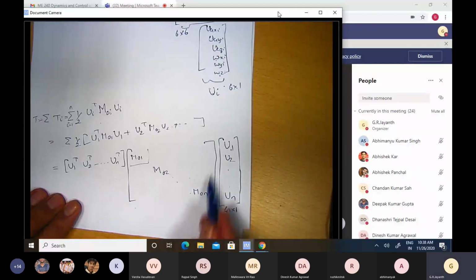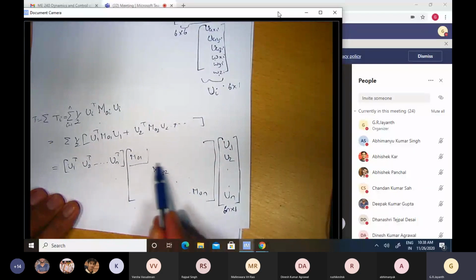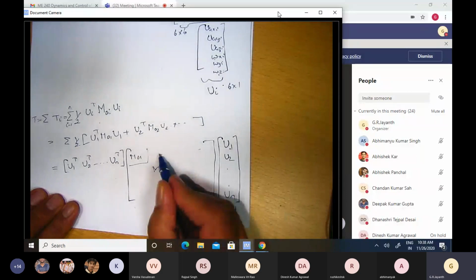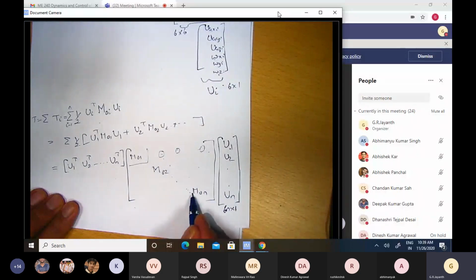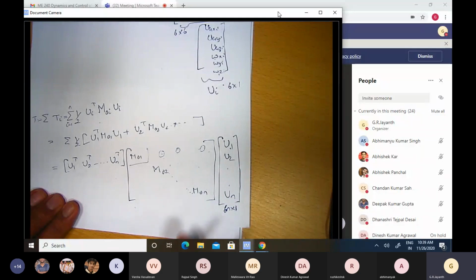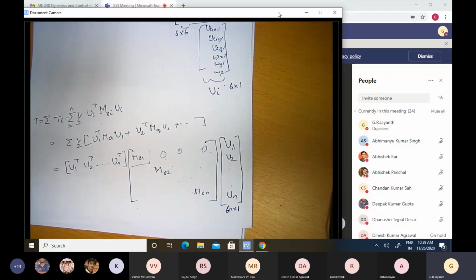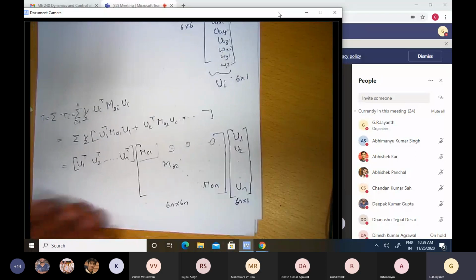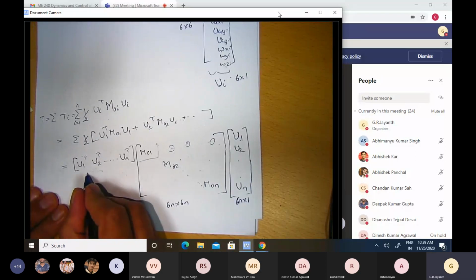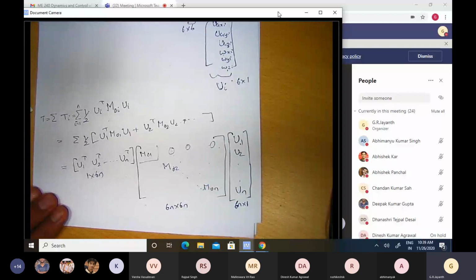And what about the dimension of this matrix here? It has these mass matrix blocks along the diagonal, and the other entries will be 0 blocks. So there will be a 6 by 6 zero here. There will be n minus 1 6 by 6 zero matrices here. Similarly, in every single row, only one of the 6 by 6 matrix blocks will be non-zero, and they will be the mass and inertia elements of that particular rigid body. The dimension of this will be 6n by 6n, and this one here will be 1 by 6n. Any questions so far?